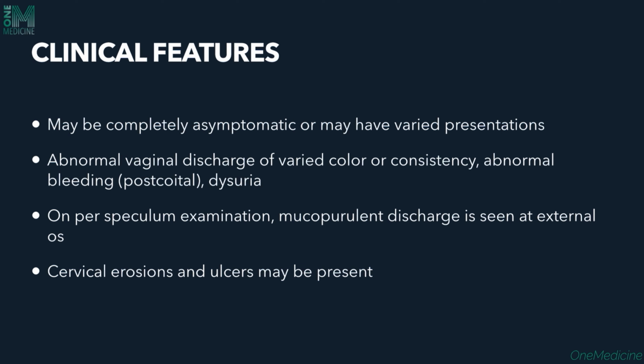Clinically, the patient can be completely asymptomatic or might have varied presentations. Abnormal vaginal discharge of varied color and consistency with abnormal bleeding, mostly post-coital bleeding, is seen. Along with that, there can be dysuria also. Per speculum examination is a must in a case of cervicitis to see how the cervix is looking. There can be mucopurulent discharge seen at the external os, and cervical erosions and ulcers can also